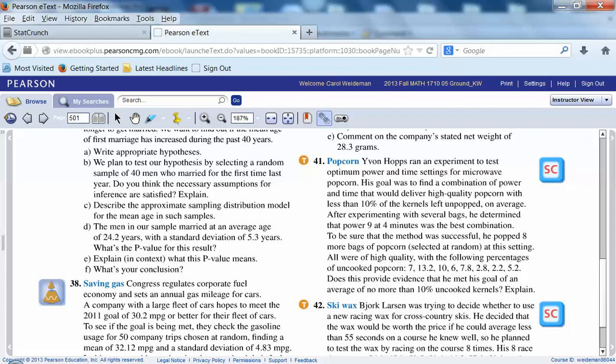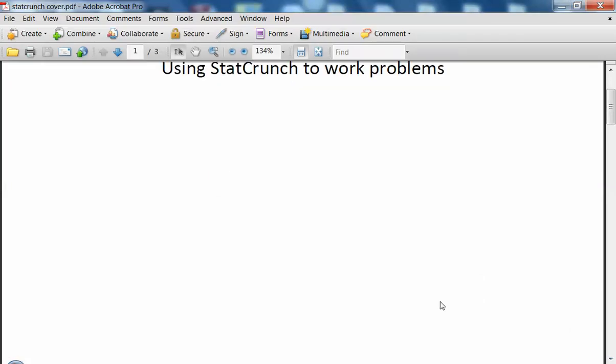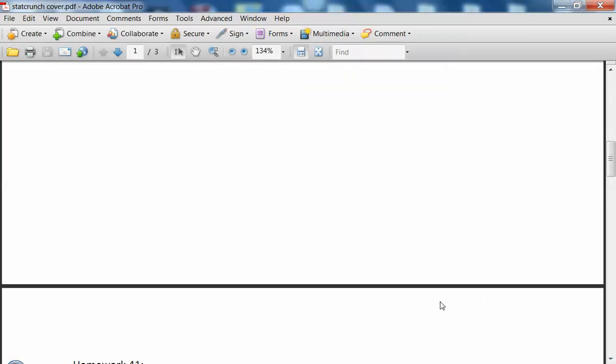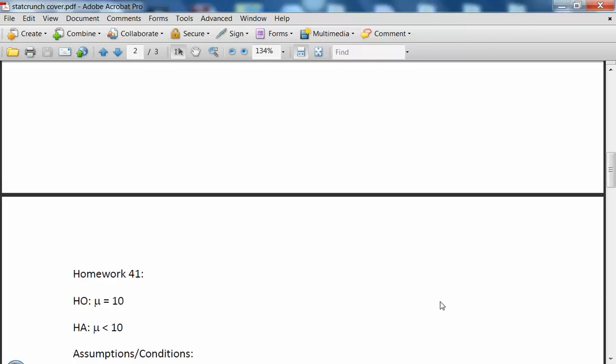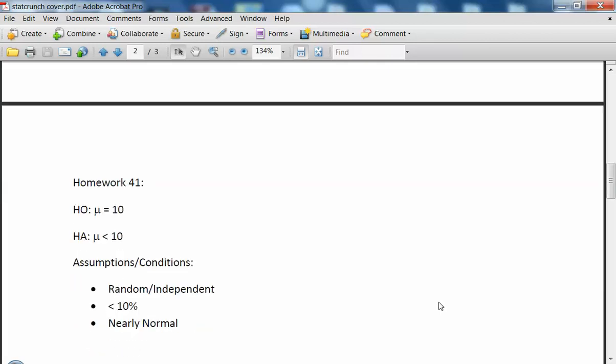So the first thing we want to take a look at is what are going to be the hypotheses, and also we're going to need to check our assumptions and conditions. So the null is going to be that the mean is 10, and the alternative is that his goal was to get less than 10%. Assumptions and conditions: it said in the problem that the bags were randomly selected, so it's reasonable to assume they're independent. 8 bags is certainly less than 10% of all popcorn bags, and the nearly normal condition we're going to check